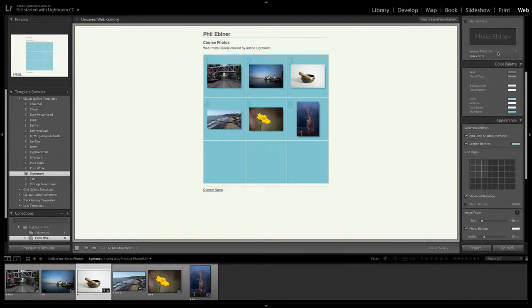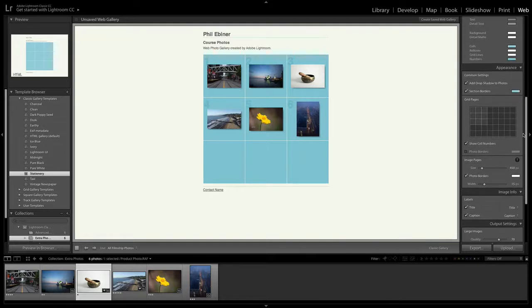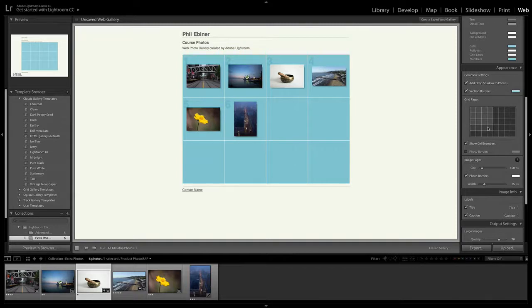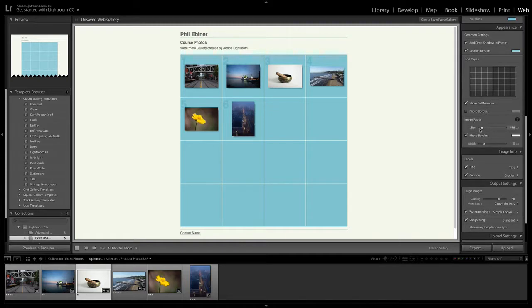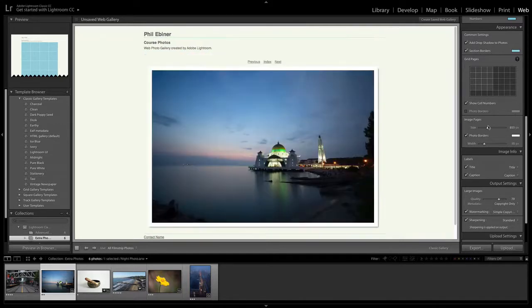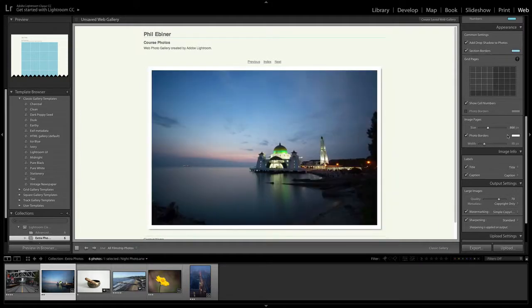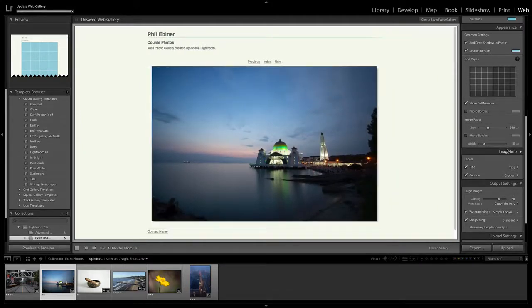You can customize the color palette if you don't want to use one of the custom gallery templates or the preset templates over there. You also have the appearance. So here you can choose to have the drop shadow or not, to have the border. If you want to change how the grid looks, you can have a 4x3 grid or 4x4 grid or however many you want. You can choose to have a certain number of images per page. You can adjust the image size. So this is for the individual page. If we open it up, you can adjust the size of the image to make it bigger, turn on or off the border.